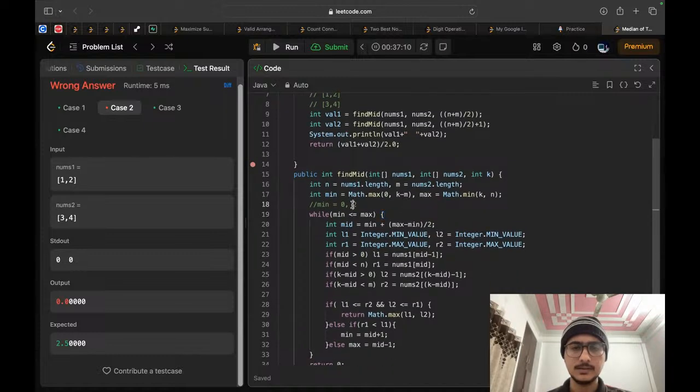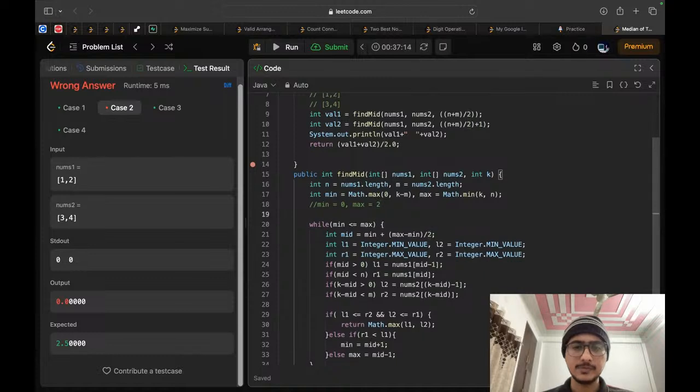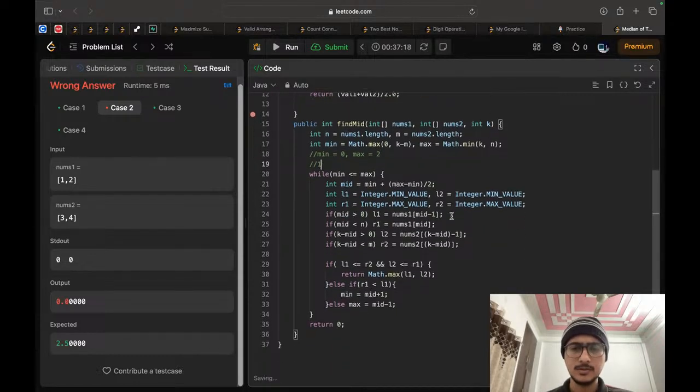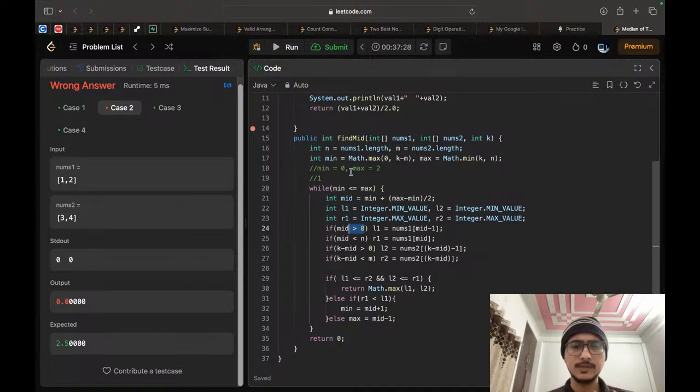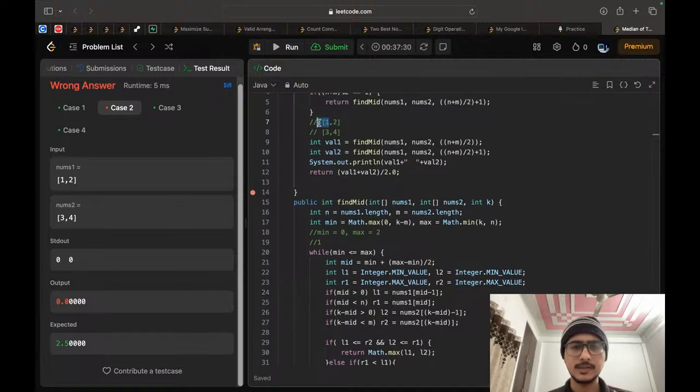Yes, it's smaller. Then our first mid will be 2 by 2, 1. We will check if our mid is greater than 0. Yes, it's greater than 0. It's 1. So we will define this as our